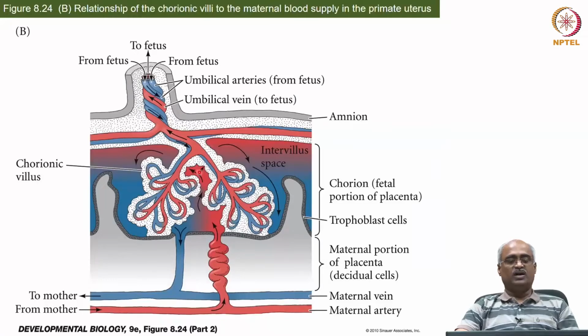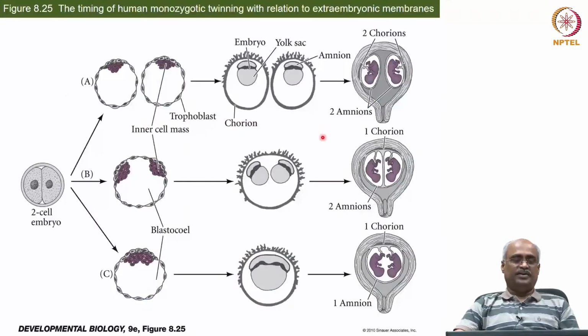So this gives you a closer view of the structure that we just discussed. So you have the maternal artery flowing into this area, and then the maternal vein that drains from this area, and you need to focus on this. So you actually have umbilical cord artery, you have two of them, while the vein there is only one. Okay,